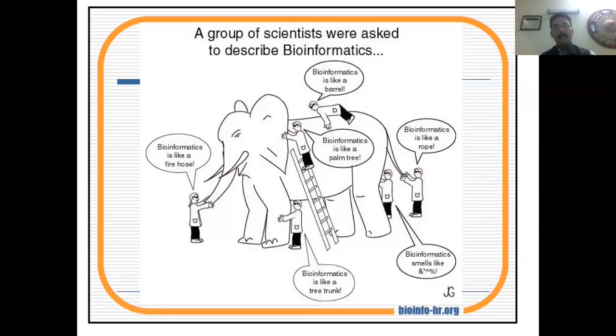So bioinformatics has also become like that today because, as I said, there is involvement of various scientists of diverse backgrounds, starting from biological sciences to different branches of material sciences like physics, chemistry, computer science, engineering, statistics, mathematics, etc. And therefore, everyone describes bioinformatics according to his own expertise or own exposure to the field. Say maybe for a